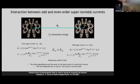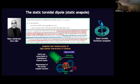And he, as a result of that, revised the applicability of the Lorentz lemma to super-toroidal currents. I'm not going to produce any comments or critique on that. I'm simply saying that this is of a lot of interest to the subject here, and a lot of controversy. Right. In fact, the field of toroidal electrodynamics